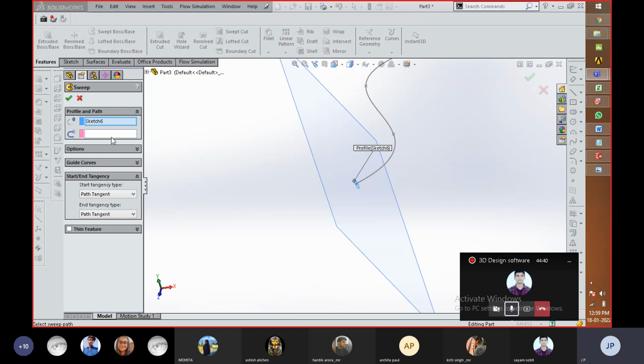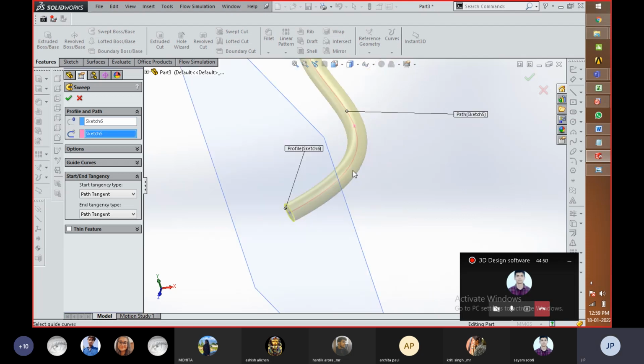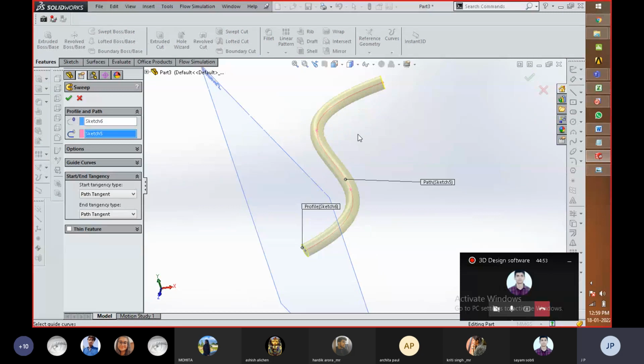Then with the help of this tool, you need to opt for the path. So you have to select this sketch, and the profile is going to be created. But there's one more thing. While using the tool, if the manufacturability of the bend created within the software is possible, the geometry is going to be created. Otherwise, if you give a greater bend, then the geometry is not going to be created. Keep that in mind.